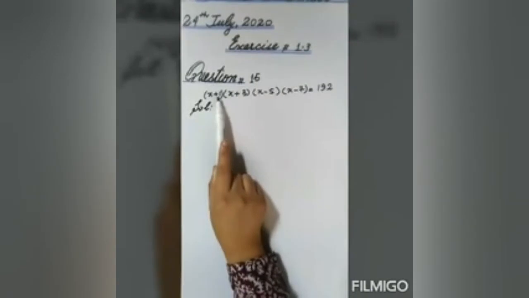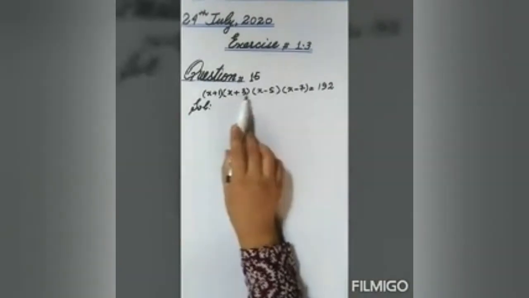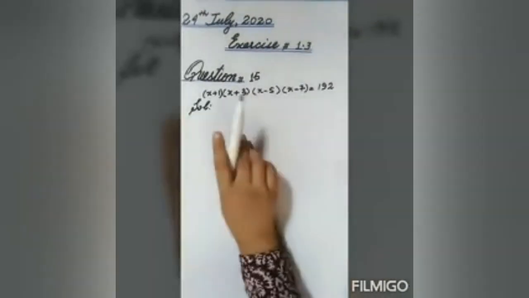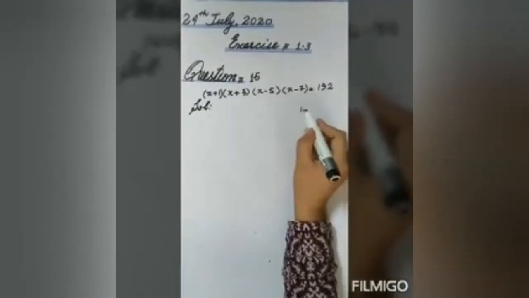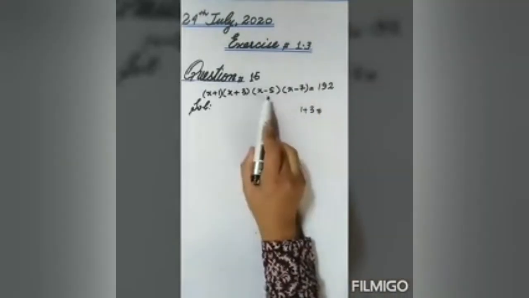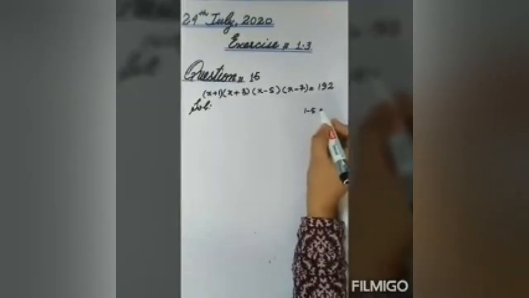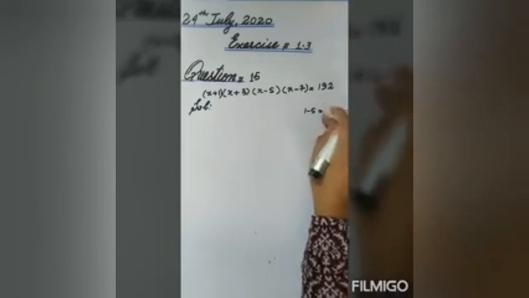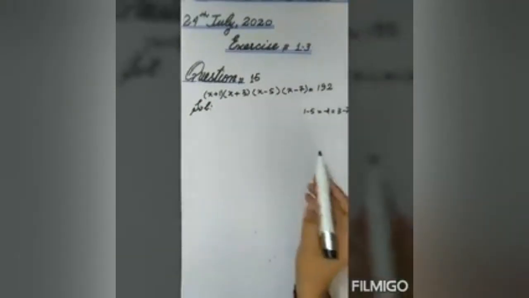How can you solve it? You have to check the constants of the factors. Now we have constants 1, 3, minus 5 and minus 7. We have to combine 2 constants to give the same answer. Here, if I combine 1 plus 3, it will not equal minus 5 minus 7, which is minus 12. So we will not take this pair. If I take the pair 1 with minus 5, 1 minus 5 equals minus 4, and it also equals plus 3 minus 7. So we will take this pair.